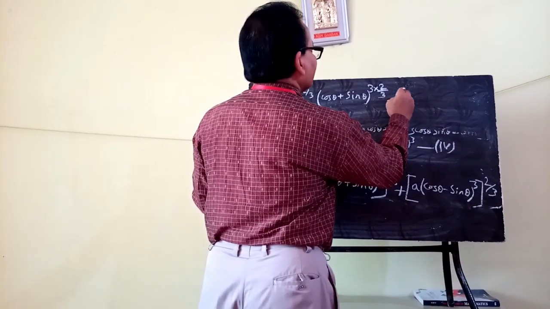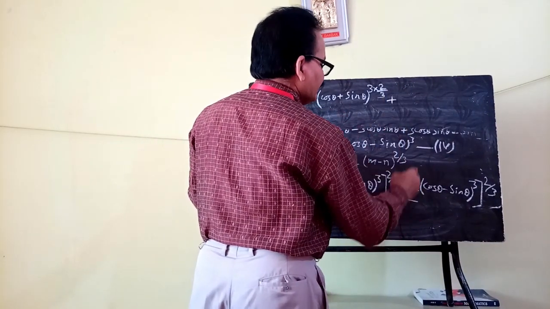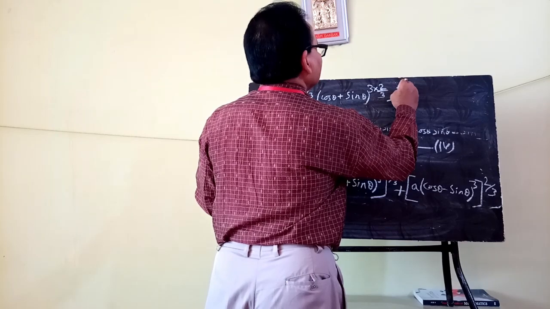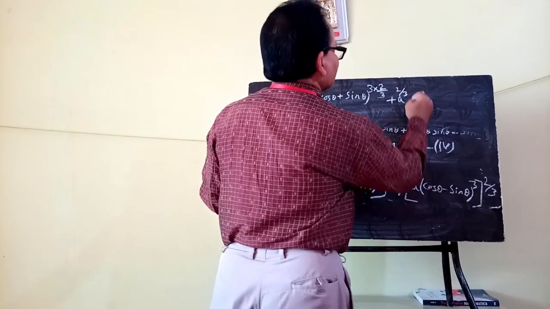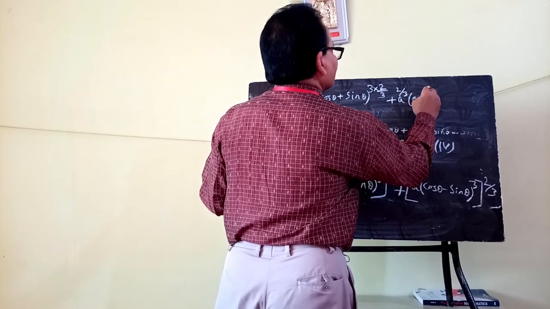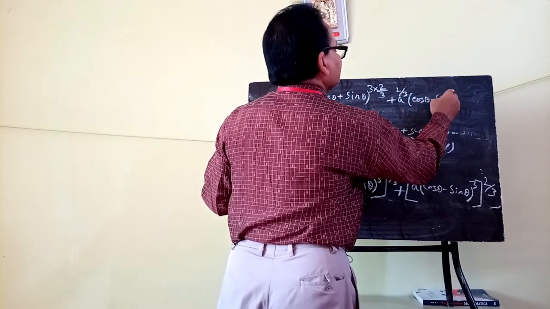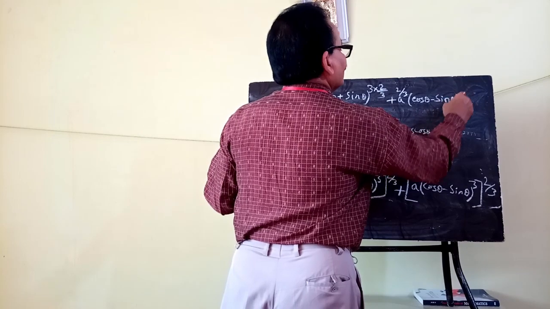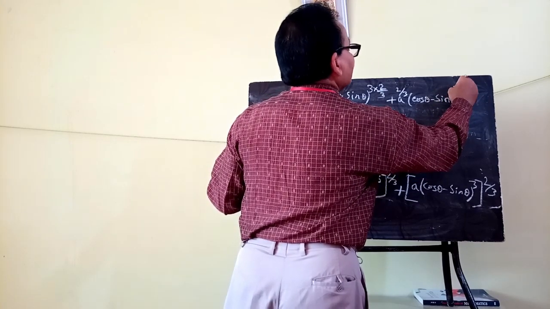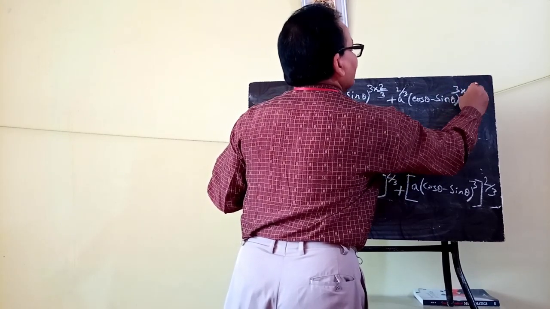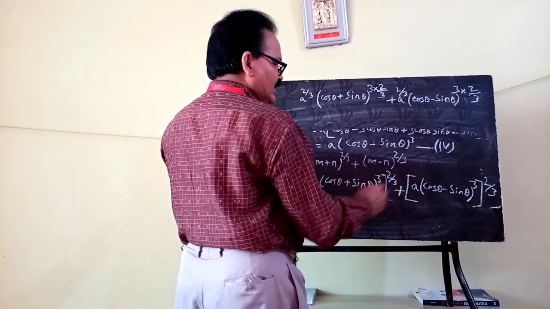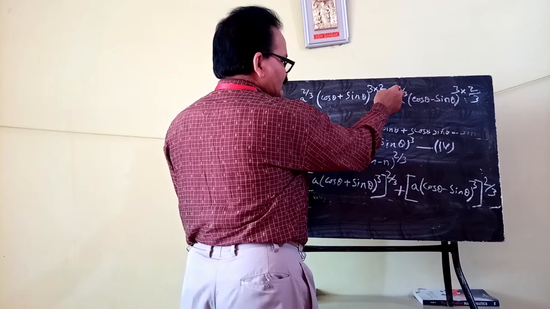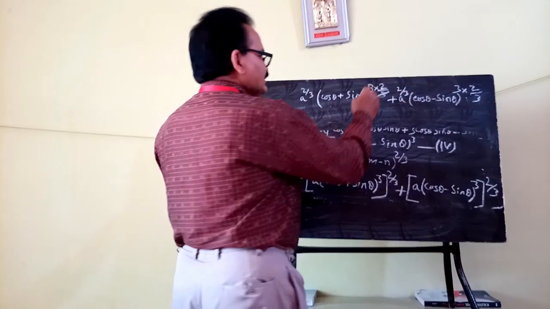Okay, then again plus, here a to the power 2 by 3 into cos theta minus sin theta whole to the power 3 into 2 by 3. Okay, so these powers are multiplied together by using the power law of exponents,